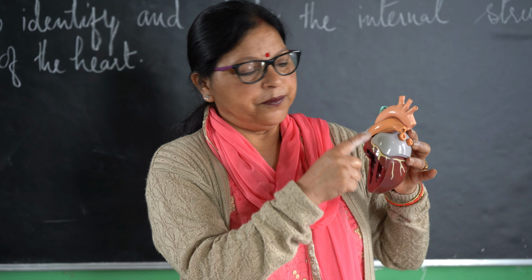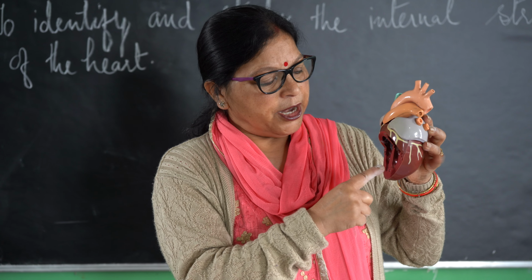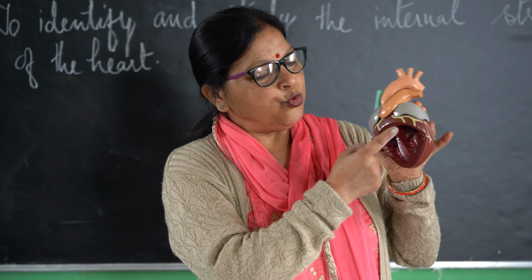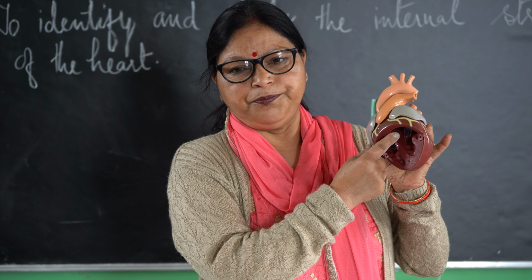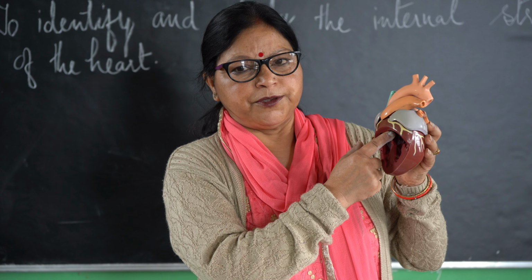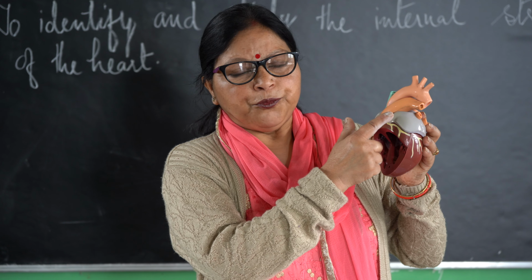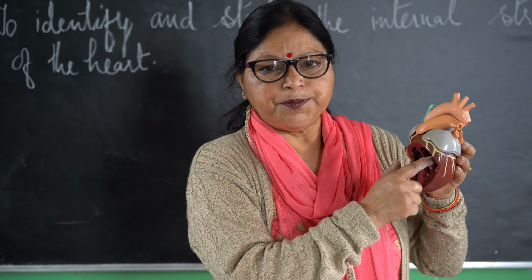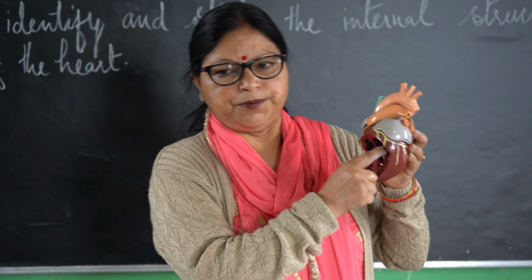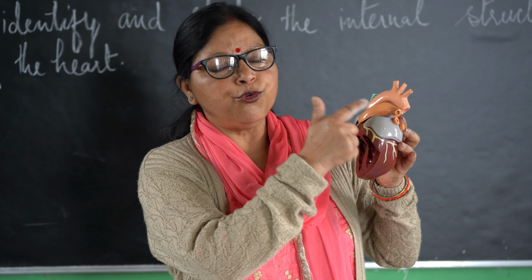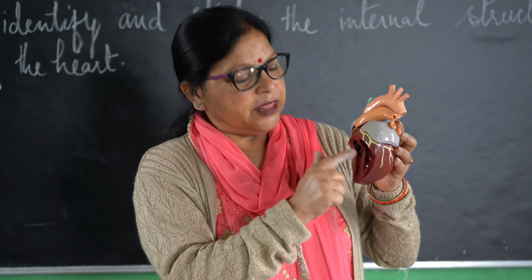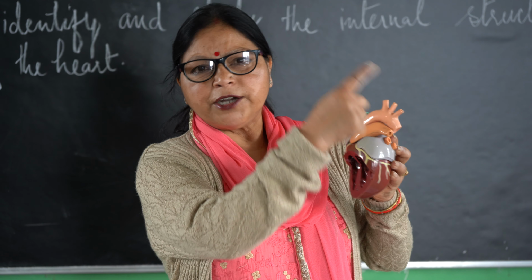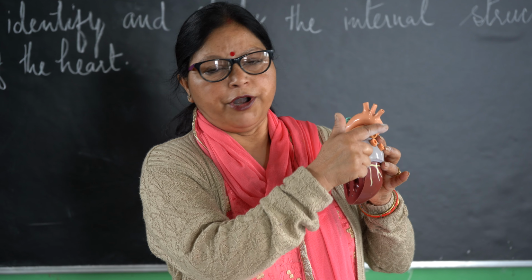From the left atrium, this oxygenated blood will be pumped into the left ventricle through the bicuspid valve. Bicuspid because it has 2 flaps. Similarly, when the blood has moved into the lower chamber, the bicuspid valve will automatically close so that the blood cannot move backward. Then this oxygenated blood will be pumped to all parts of the body through the aorta.